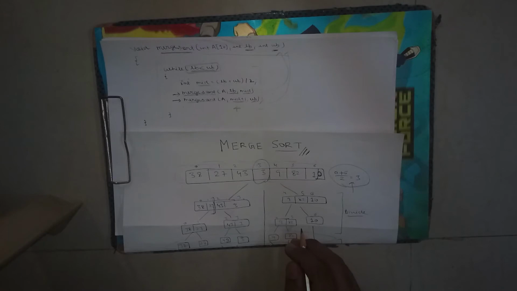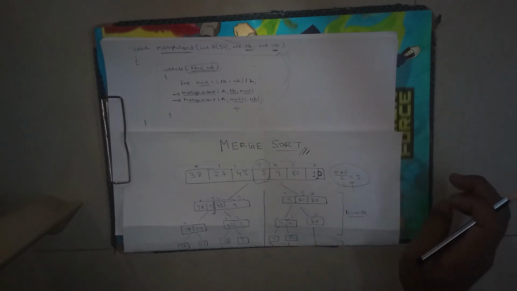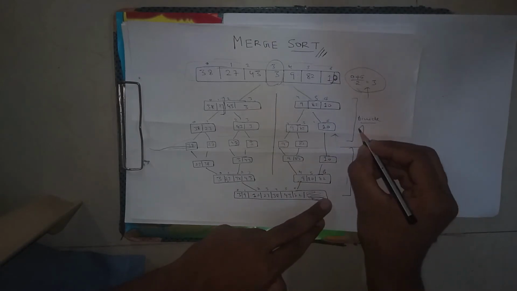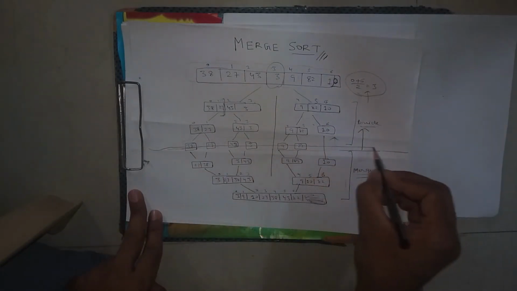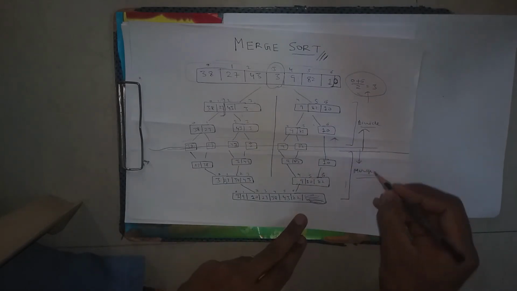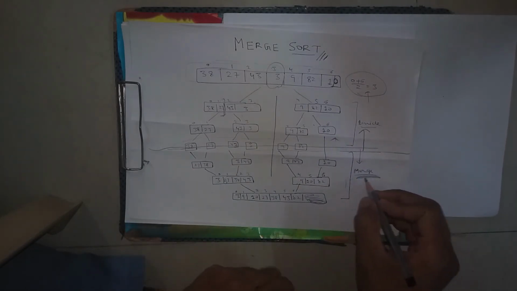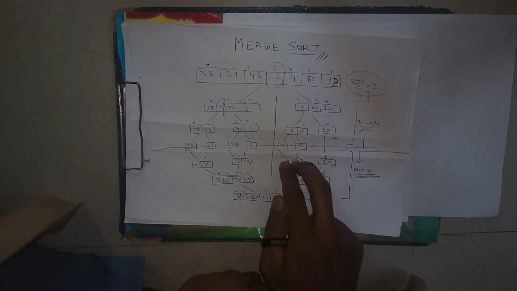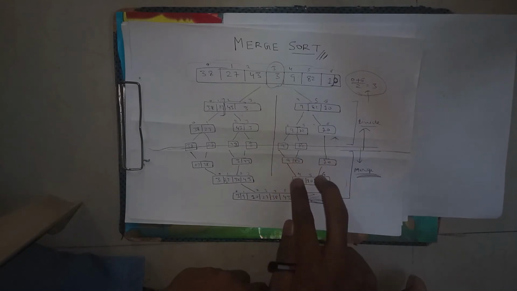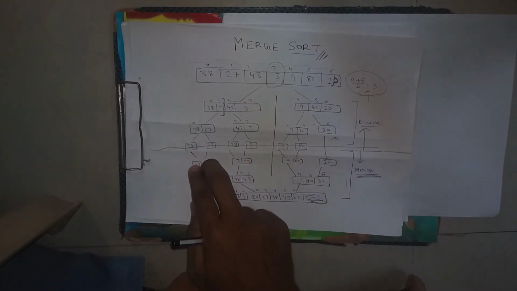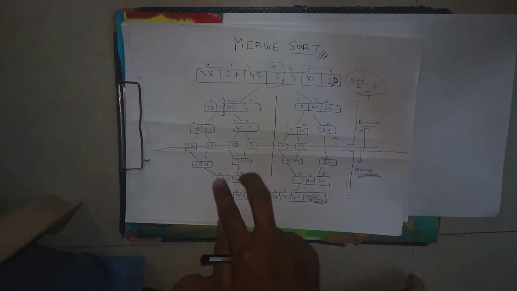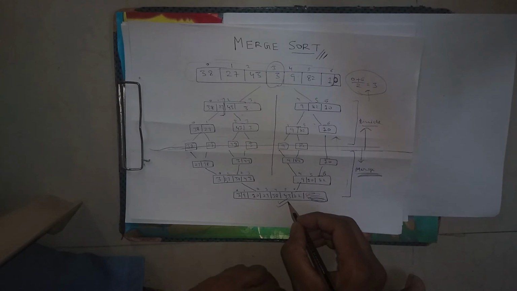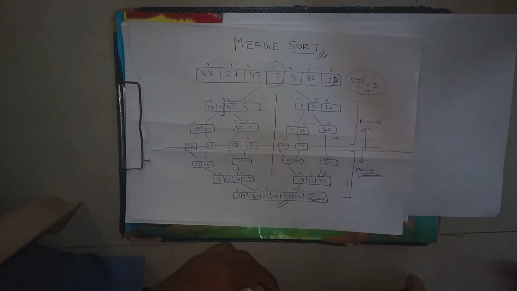Okay, so now I will tell you how to merge these small elements so as to get your resultant array in ascending order using the combine function. What we have done till now is the division, and below this I have to do the merging. So for merging I will make a function named combine, which will help to combine our two subarrays. This is combined, then these two are combined to get this. In this way these are also combined, and these are also combined to get this, and finally we have got our array in ascending order using that combine function.